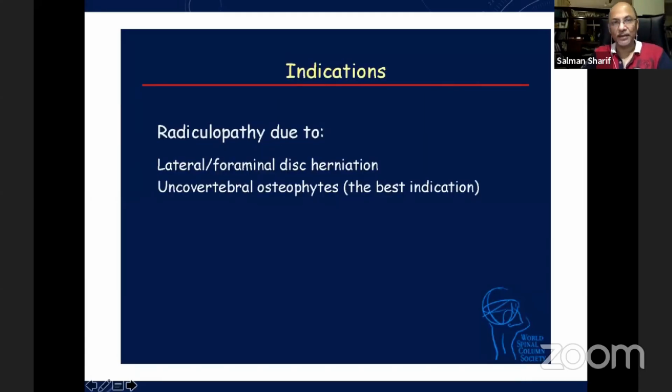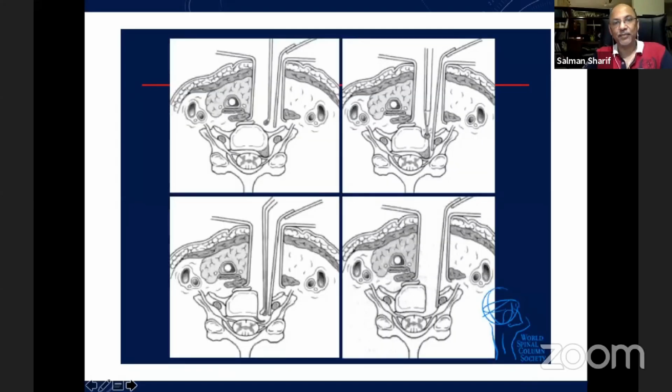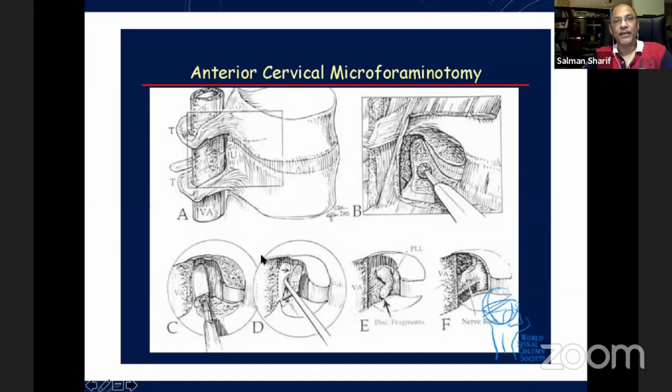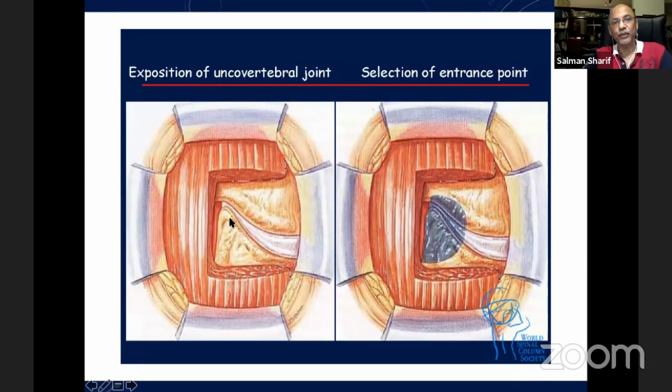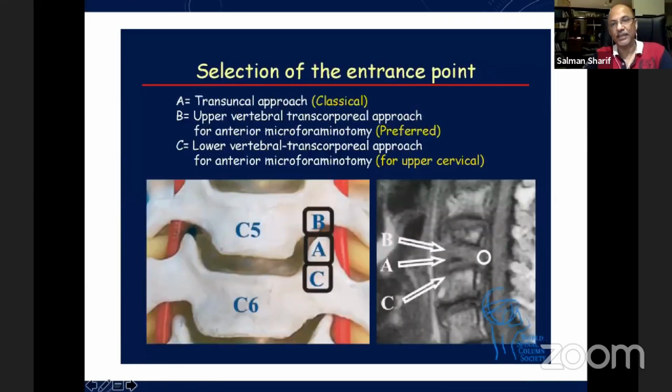I've done about 10 of these and all of them are doing well over a long time, but I'm not sure that the indication is huge here. It's a very narrow indication. So you go in something like this with a microscope or endoscope and can decompress anteriorly. For the anterior cervical foraminotomy, there are 3 different types. What you need to do is open up the joint like that, and this is the area that you're going to be opening up and decompressing, taking out the disc from